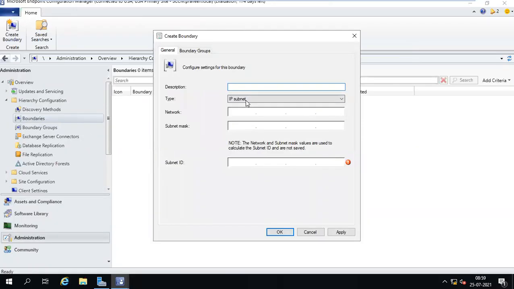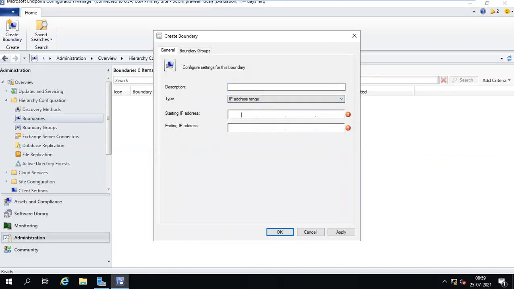Generally in companies the first preference is AD site, then second they will go for subnet. If not, they will go for IP address range. IP address range is nothing but, for one location, an IP address range starting 192.168.12.12 to 192.168.12.255. If in one building they have very few machines,